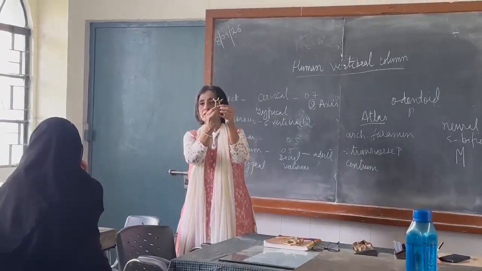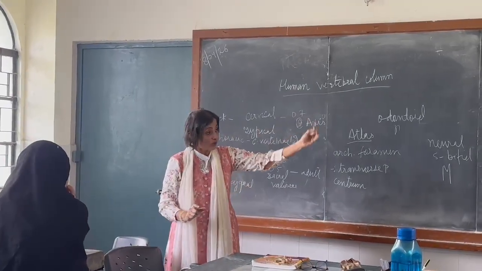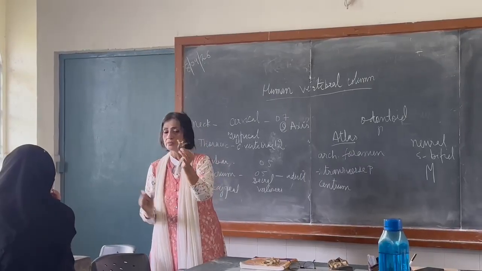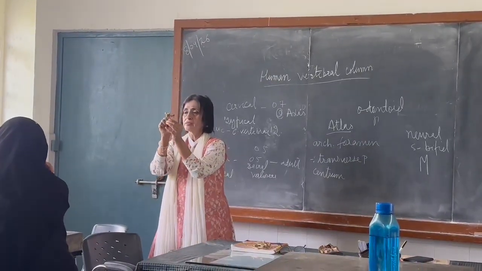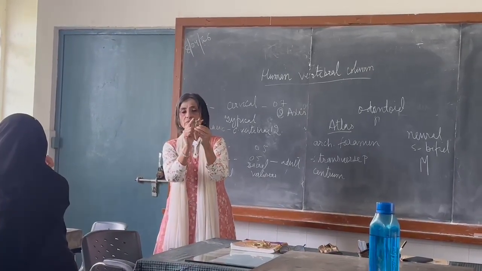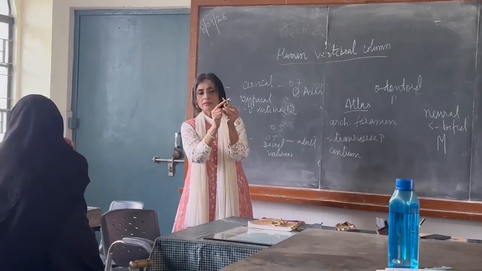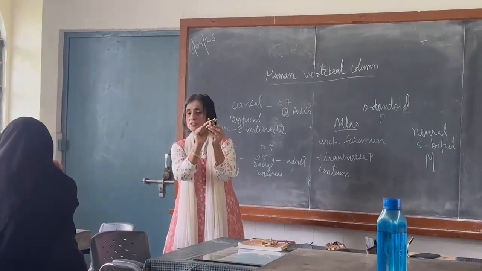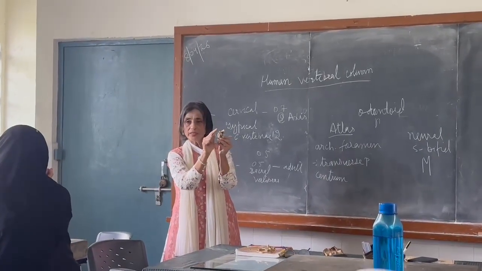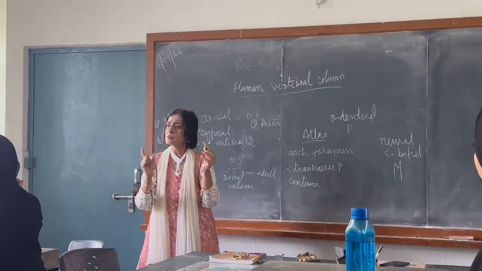Now the size of the centrum becomes larger. The size of the neural canal goes on compressing as we move down in the vertebral column, but the centrum becomes thick as we go down. So this is the centrum, neural canal, transverse process, which is a lateral projection. This transverse process has a base and a terminal part, base and apex, right? Its base is linked with the body of the vertebra, and its terminal or free end is attached with muscle and ligament or other vertebrae for support.